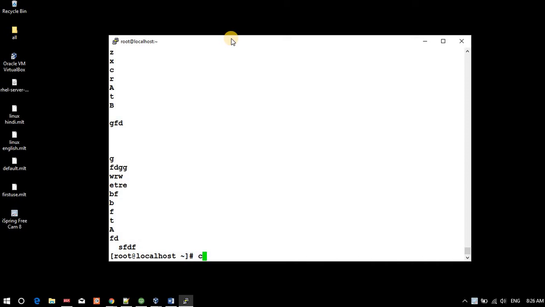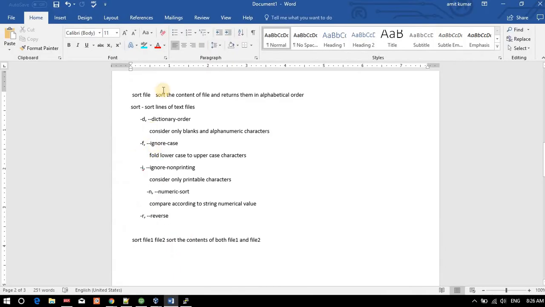And we have a number file as well, which has some random numbers. Okay, so we will look at sort alpha, with the file name alpha. As you can see, it's showing a, b, in alphabetical order. So we have the content here: sort file name sorts the content of the file and returns it